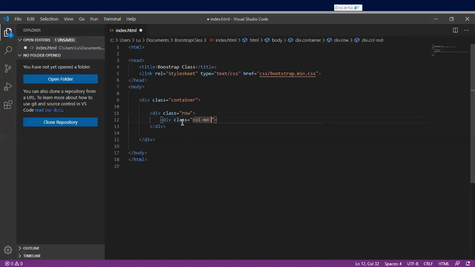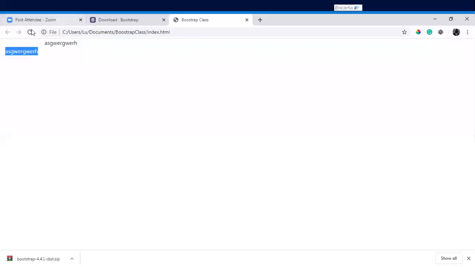So let's say MD 12, or sorry, 6. And I type side 1. I close that. I do another MD 6. And I say side 2. What this simply means is that I've divided my screen into 2 equal halves. This is side 1, this is side 2. So these are different columns